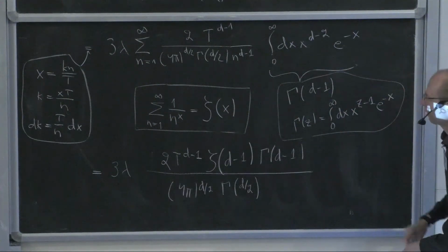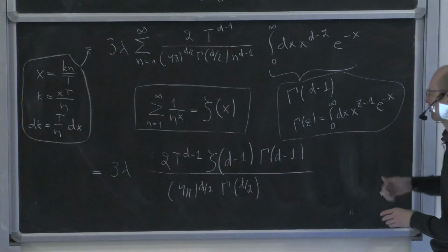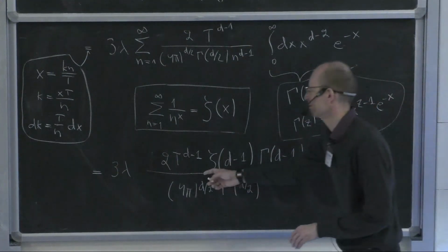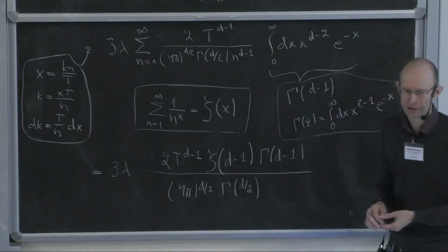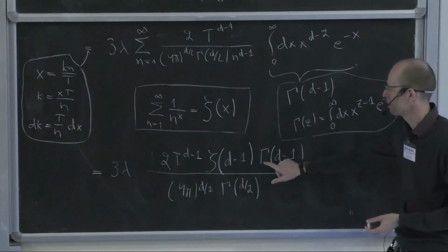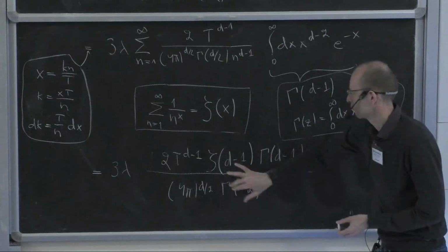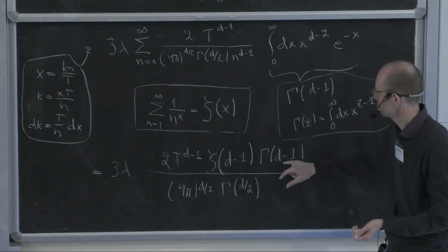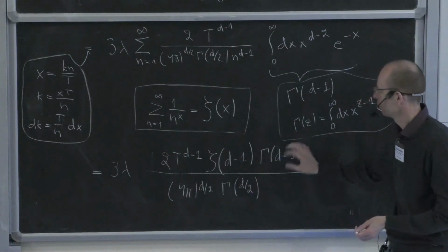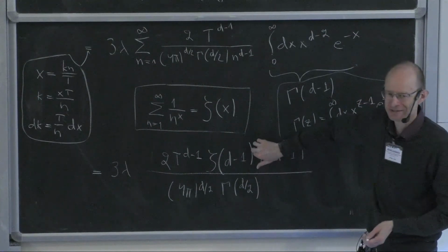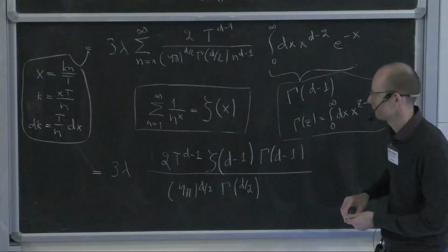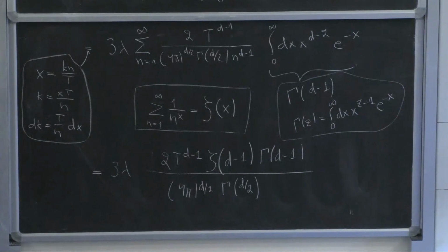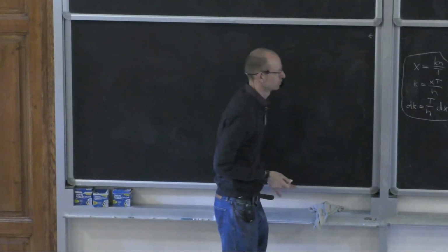Yeah, I just like these nice expressions. What is characteristic of thermal field theory is that you get Riemann zeta functions. If you do similar integrals in vacuum field theory, you always get gamma functions, these ratios of gamma functions or multiples of many different gamma functions with arguments like d minus 1, d over 2, whatever. This is the vacuum part, and the Riemann zeta means that you are at finite temperature, basically. Okay, so now what we do afterwards, we do everything in d dimensions for as long as we can,